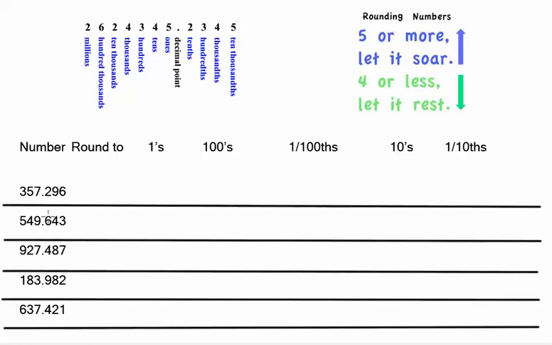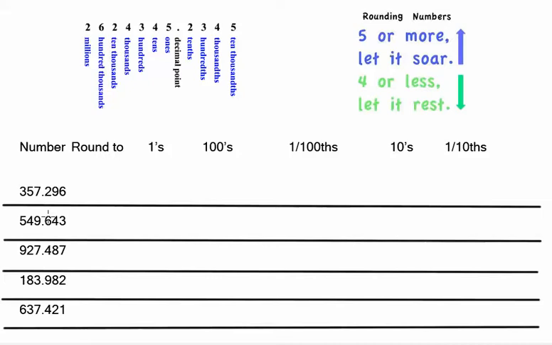Okay, in this lesson, I'm going to be talking about rounding numbers, and in science, we generally will round our values when we're calculating averages. So, students have to understand how to round and have to understand place values. So, in this lesson, I'm going to review a little bit about place values, and then I'm going to talk